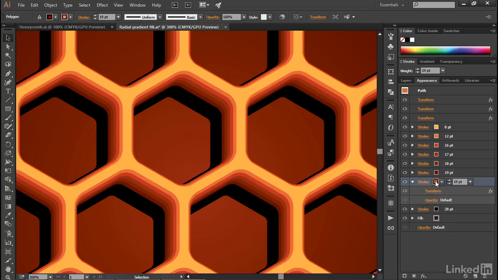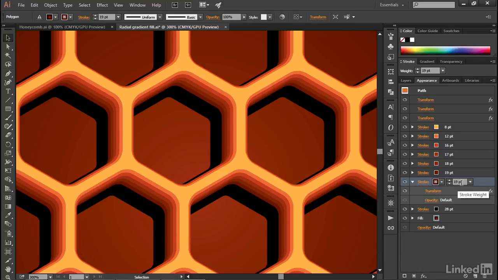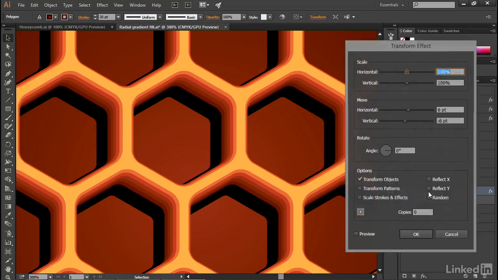Go ahead and click on it to make it active. Shift-click on its color swatch. Take the K value this time up to 80%. So we're getting very dark indeed. Press the Enter key, the Return key on a Mac to accept that change. Go ahead and click on the line weight value. Take it up to 20 points. Click on the word Transform,